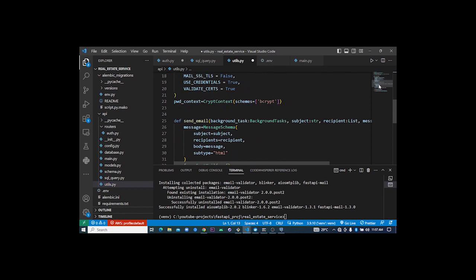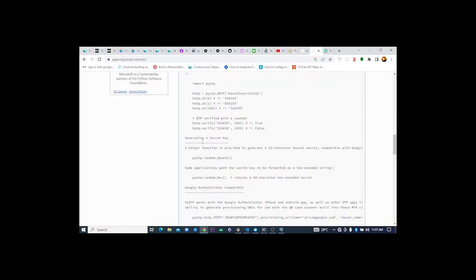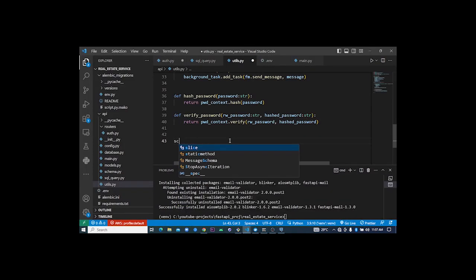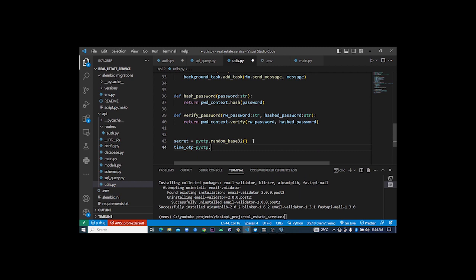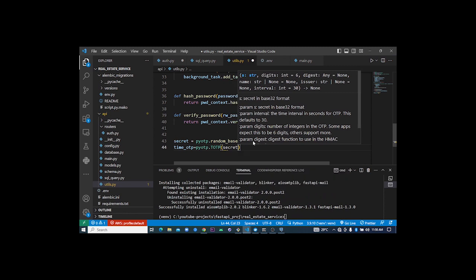And for that, we are also going to be needing something. If you're generating a secret key, we use the PyOTP function to generate a random base32 secret. So we say secret equals PyOTP dot random_base32. Then we'll simply say time_otp equals PyOTP dot TOTP, and this is expecting the secret